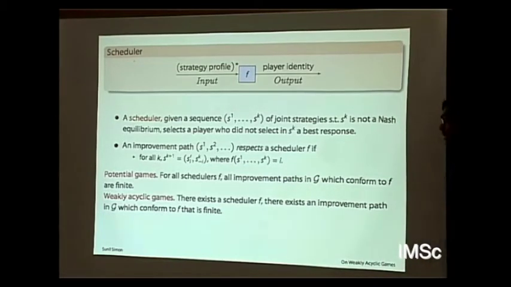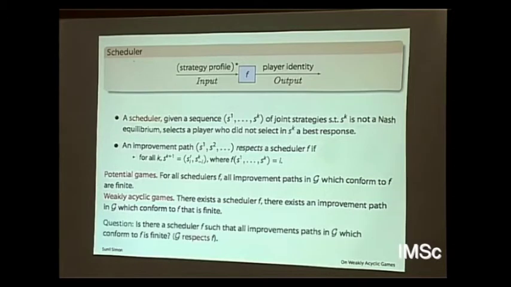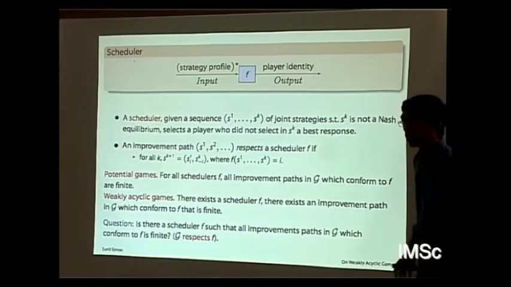Weakly acyclic game says you need a lot of global control because you need a scheduler and you also have to tell the players how to play. Okay? Only then it will reach a Nash equilibrium. So the underlying question is how much power the central authority needs to drive the players to a Nash equilibrium. Okay? So the essential question that we want to ask is,